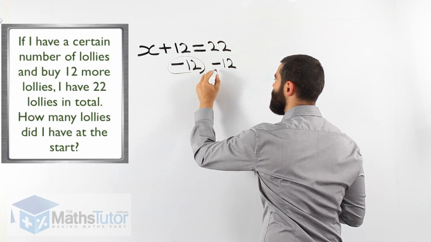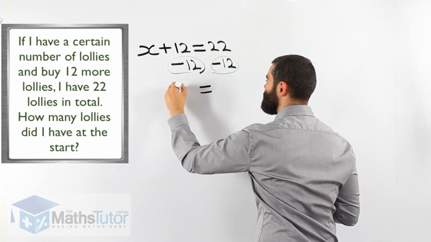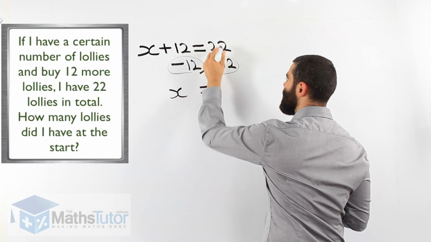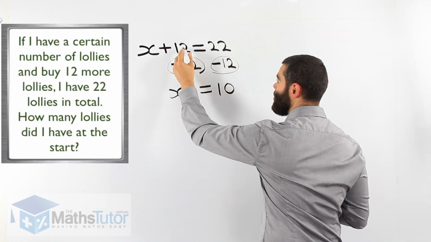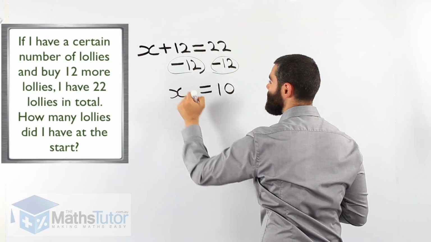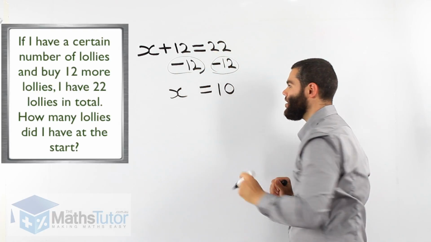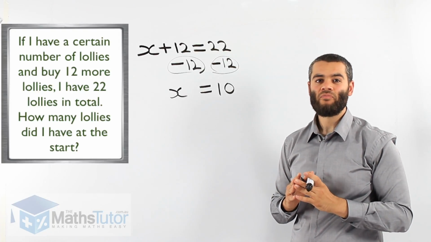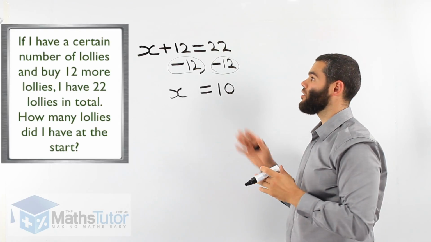So that's our working out here and our working out there. X is going to be 22 take away 12, which is 10. 12 take away 12 is gone. X left. 22 take away 12 is 10. X is 10. That means I had 10 lollies to start with before I bought my 12